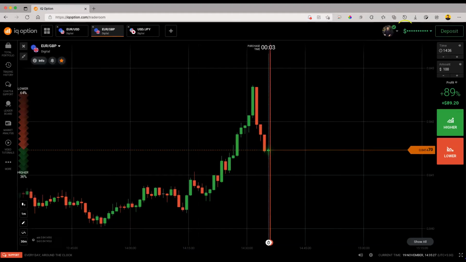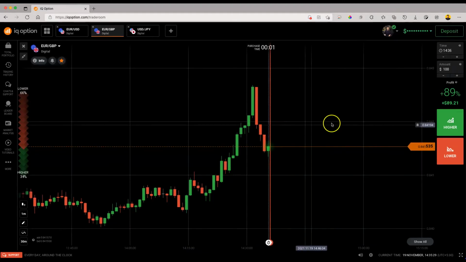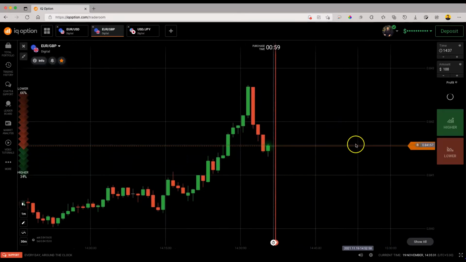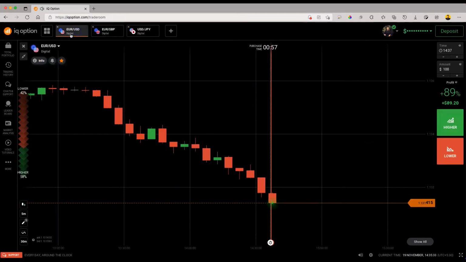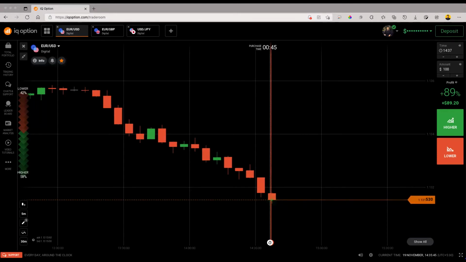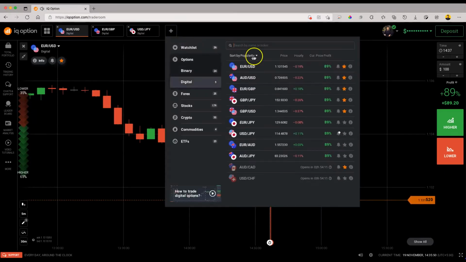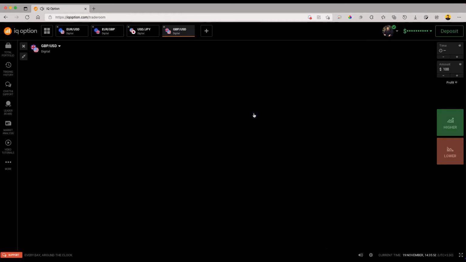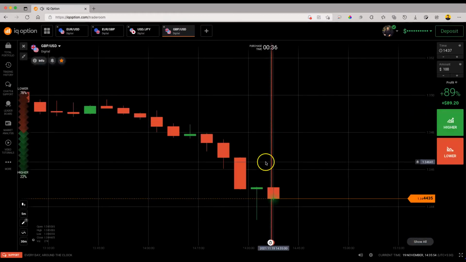Hello traders. So in this lecture we are going to do the analysis and we are going to execute the trade. So here on the one screen I am using tradingview.com and on another screen I am focusing on the IQ option. TradingView I am using for easy understanding of which chart is moving in which direction. So in GBP USD we can have a move on the falling side.